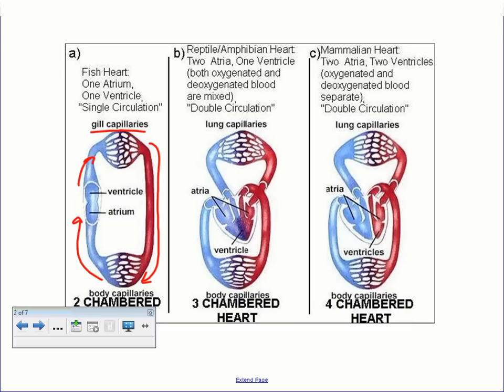The next one is the amphibian heart slash reptile, because some reptiles have a 3-chambered heart with a very deviated septum. We'll talk about what a septum is in a second. Atria, again, remember, are receiving, ventricle being pumping. So we see that one large ventricle is going to pump the blood throughout the entire body, whether it's oxygenated locations or deoxygenated locations. In the form of an amphibian, we have the lung capillary beds, just like in reptiles,